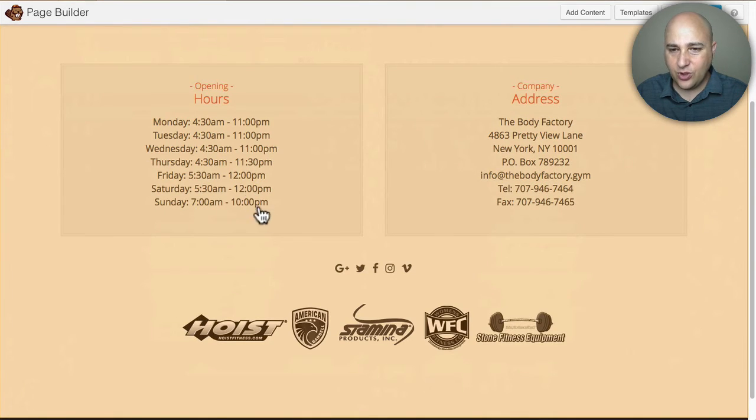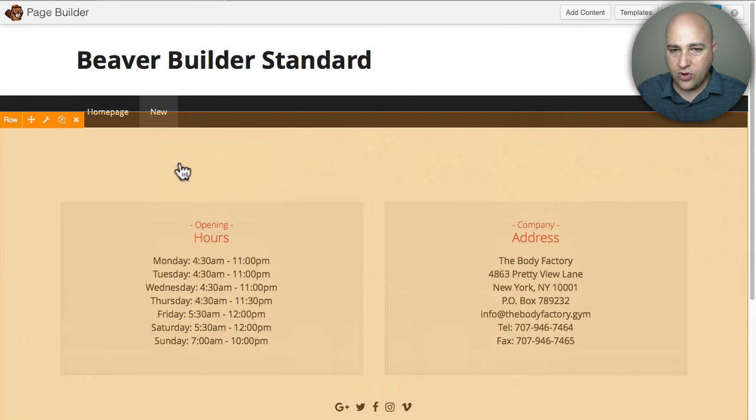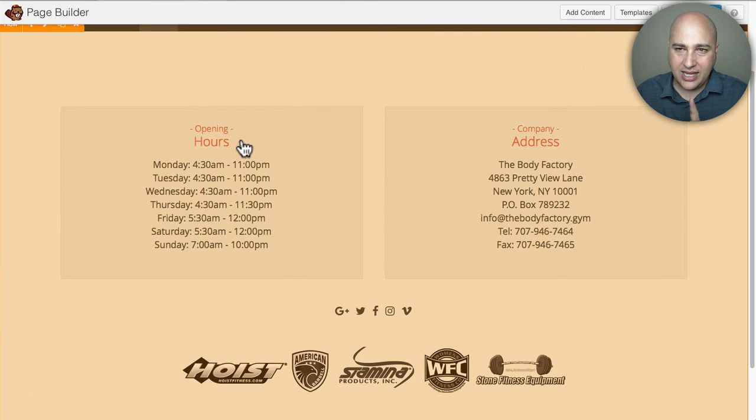So it's a little different when you edit something in a global row like this. You notice it doesn't look the same. It's got this bit of an orange there. So watch what happens when I click on it. It's going to open it up in a new tab, and that's where I'm going to edit it. And then when I save any changes, it's going to go ahead and be pushed out everywhere you're using this global row. This is a huge time saver.